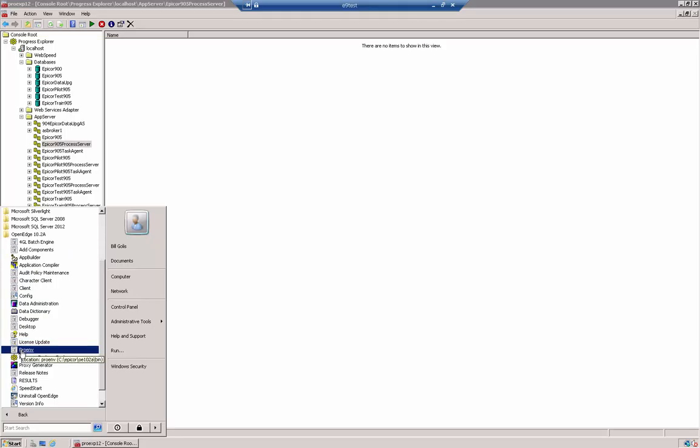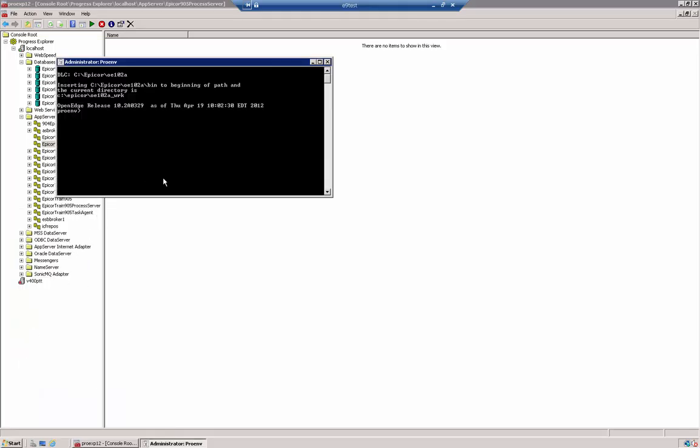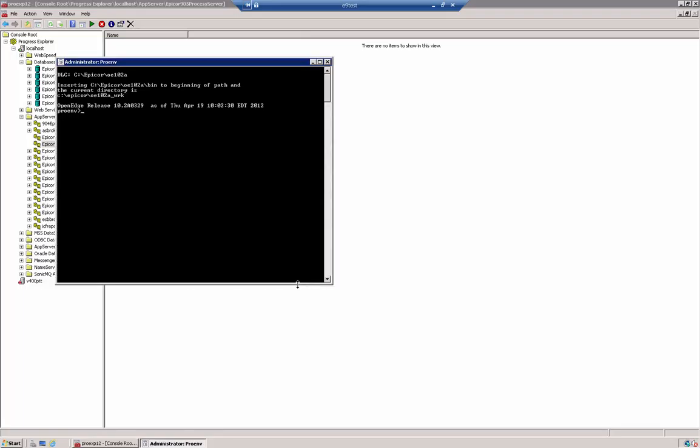And here we go, Proenv. That brings up your command line interface for the Proenv tool. This is used to back up and restore databases, to run the Pro utilities